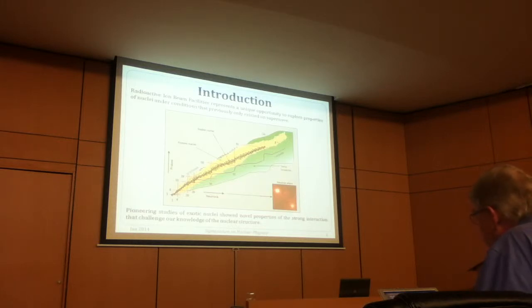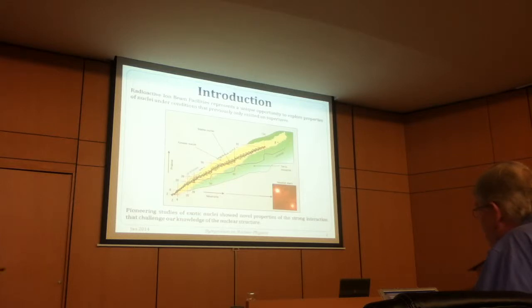As you can see from this plot, the magic numbers effectively classify the nuclei. Different orbitals in these regions are responsible for the nuclear structure of the system. So what we would like to investigate is what is the physics behind the disappearance or appearance of new magic numbers. The investigation of exotic nuclei is also important